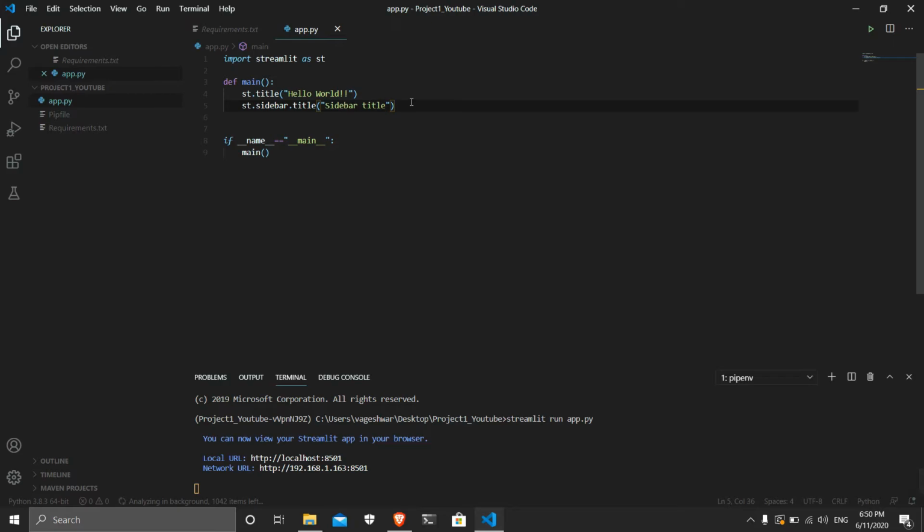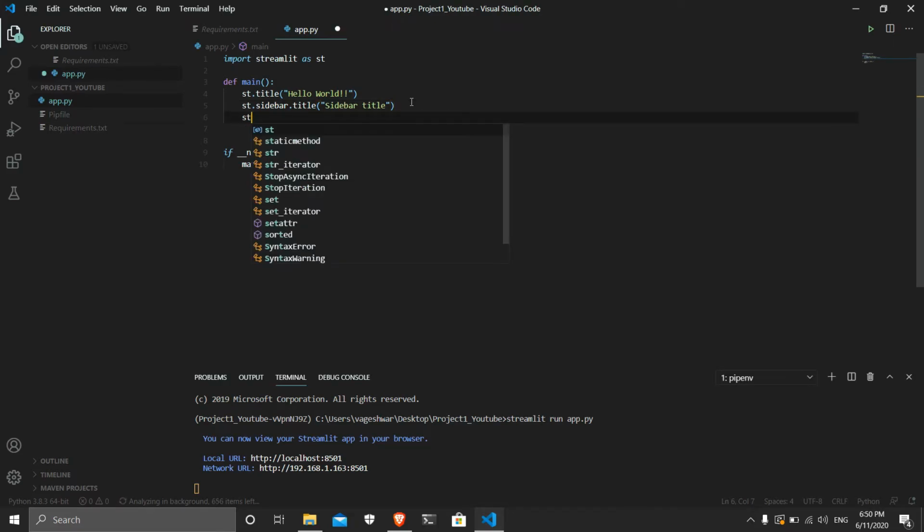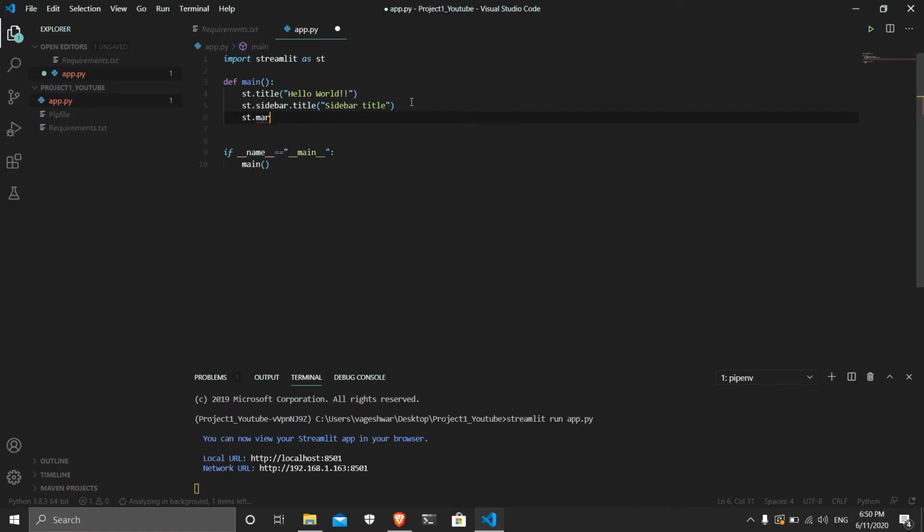And Streamlit supports the markdown language. If you don't know markdown, basically if you use WhatsApp or any text app, you can see that if you type some text inside star or asterisk symbols, the text becomes bold. That is an example of markdown language. So for that, you can use st.markdown and just type your text, whatever it is. So you can say markdown